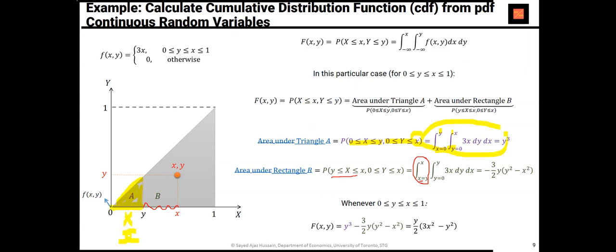And once you integrate x from y to x, y must go from 0 to y. So y must go from 0 to y. And again, I integrate the joint density and I get this answer. Sum the purple thingy, that's the triangle, plus the green thingy, that's the rectangle. And then of course you get the CDF. Given any value x and y, this expression picks up the total probability of finding an outcome that's less than the value x and simultaneously less than the value y. And anyway,